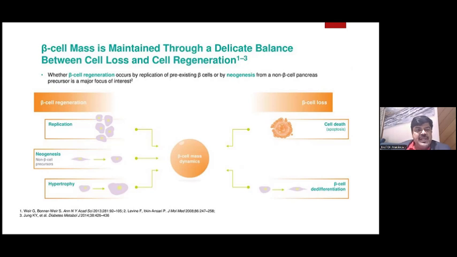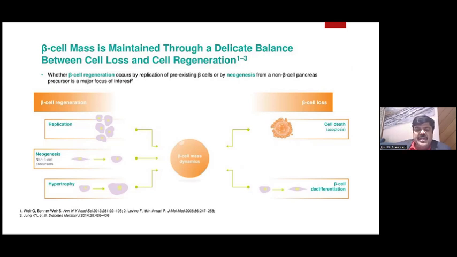On the left hand side, you can see the beta cell regeneration aspect, which involves replication, neogenesis, and hypertrophy, leading to beta cell mass dynamics. On the right hand side, you can see the beta cell loss because of cell death, that is apoptosis, and